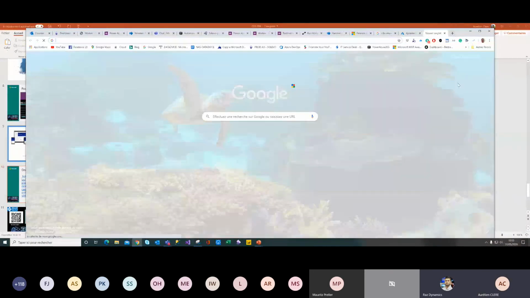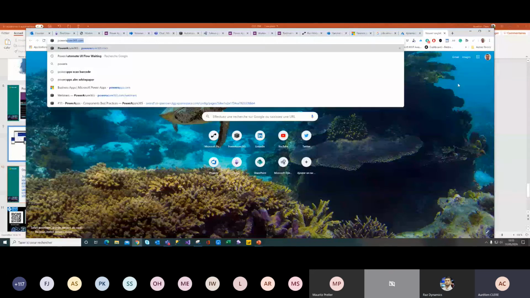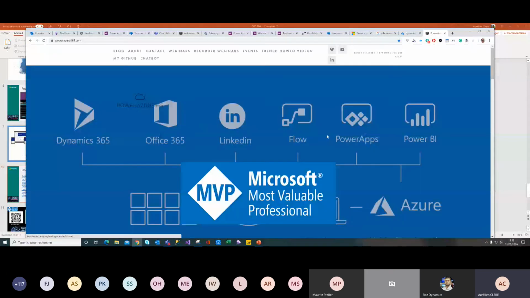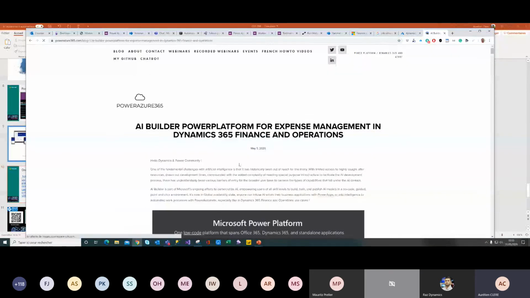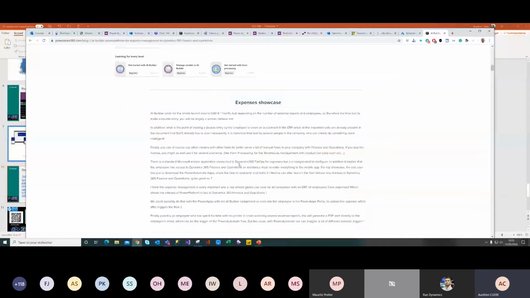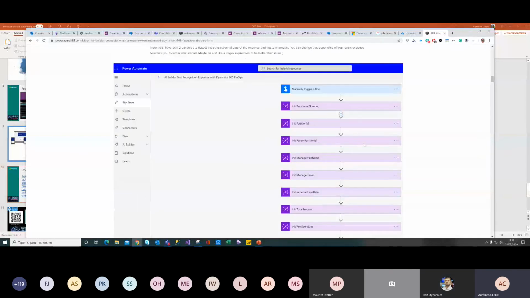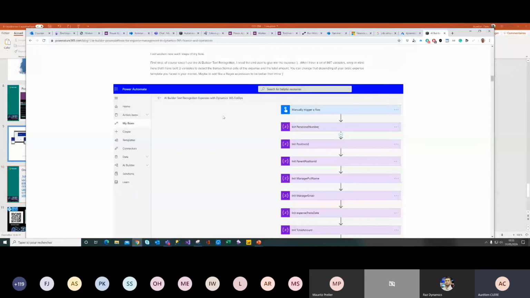Yes. For that, I've got even better than that. I've done an article with AI Builder for expense management. With that, I can handle text recognition of the expense. You can read my article on my blog. It explains everything.